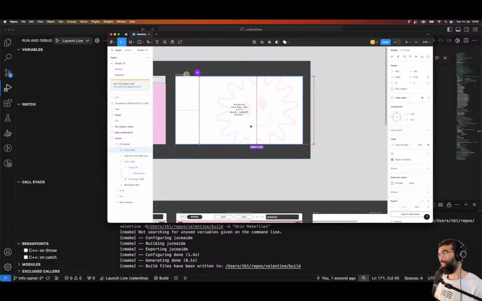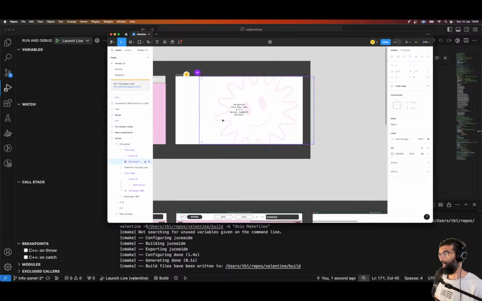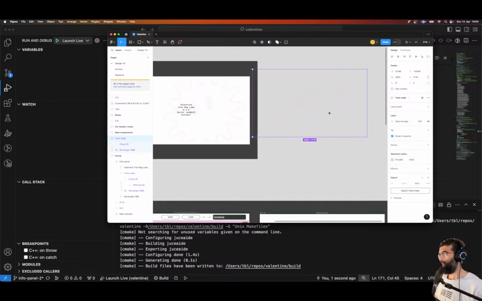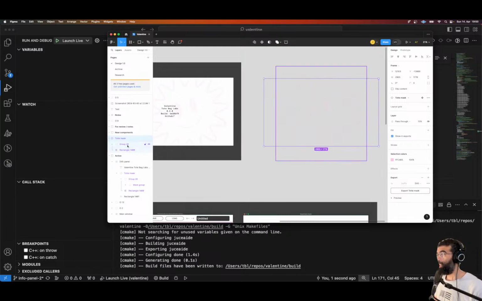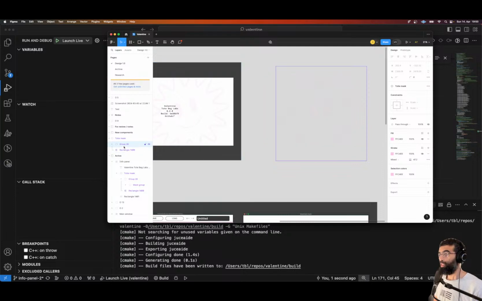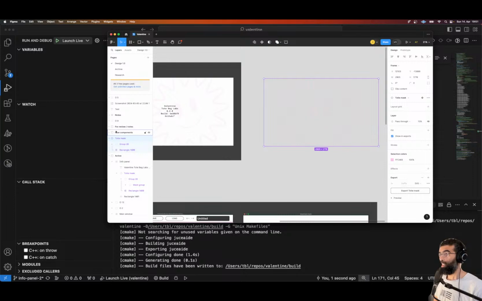So one thing, we'll see if I can do this, because maybe I exported the wrong thing. Hold on. Oh yeah, I exported the wrong thing, because there's this whole, I should have just exported, not this whole